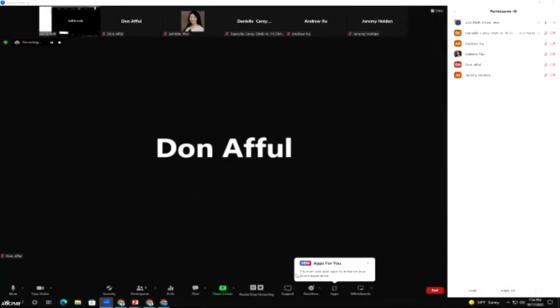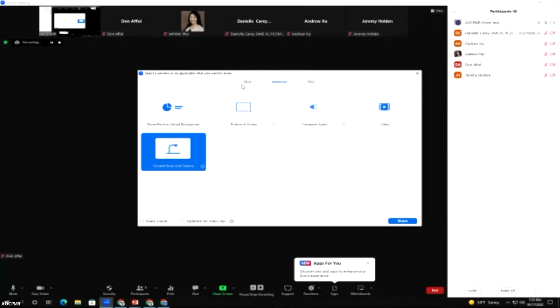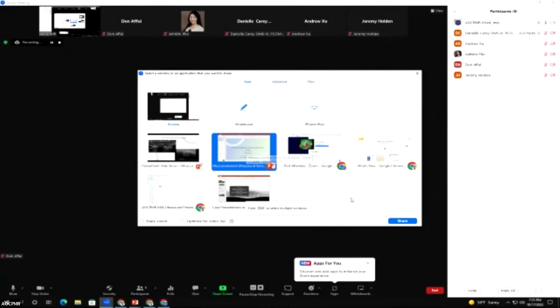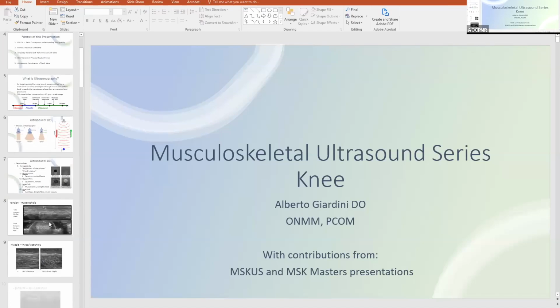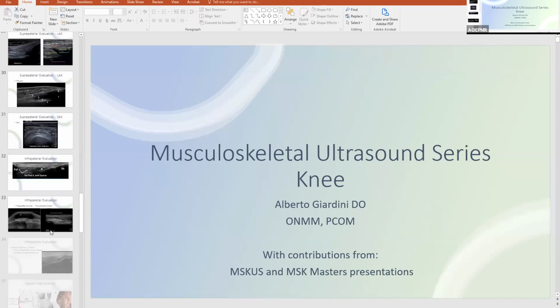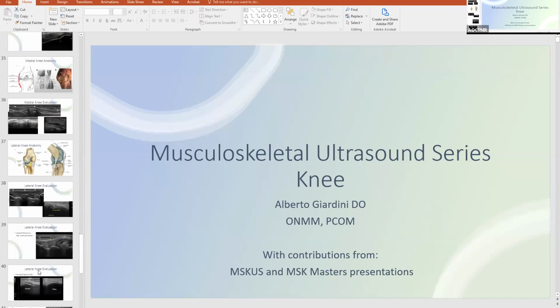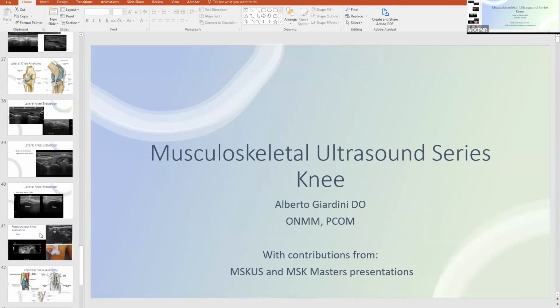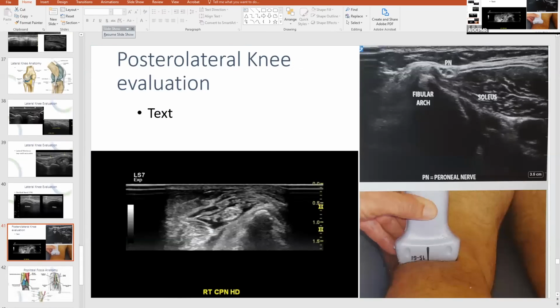Whoa, stop share. Okay. Looking at, if you just did lateral knee, posterolateral knee. Everybody wants to know